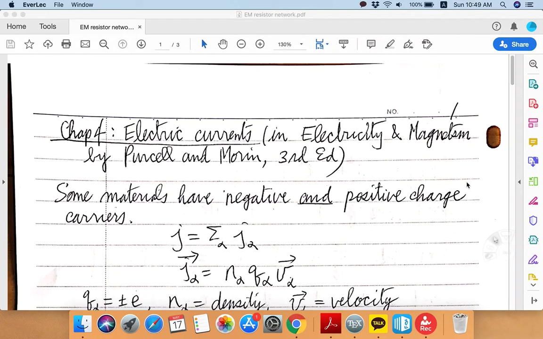And I didn't see a lot of value in spending all the time and brain power working through the solutions. And I decided that maybe we should spend the remaining few weeks in a much more productive way. And after some soul searching, I decided to land on a different book. This is a book called Electricity and Magnetism by Purcell and Morin, a third edition in particular.